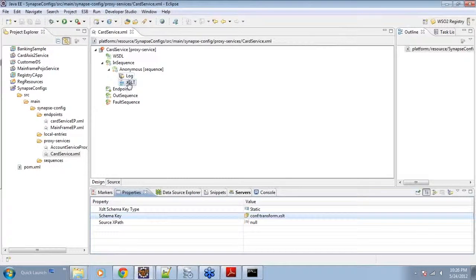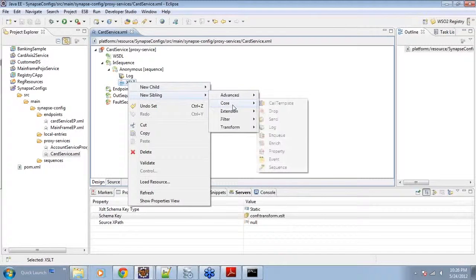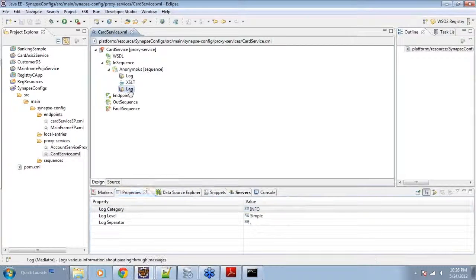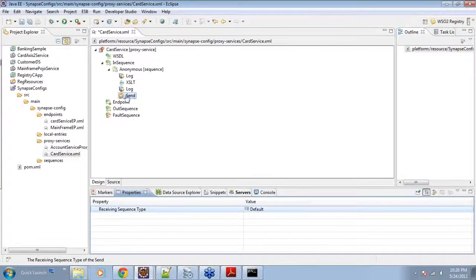Just in case, we are adding another logger to the flow. It's underscore log. Then we need to add a send mediator. So it's again in the O category. Here we have the send mediator. In order to send